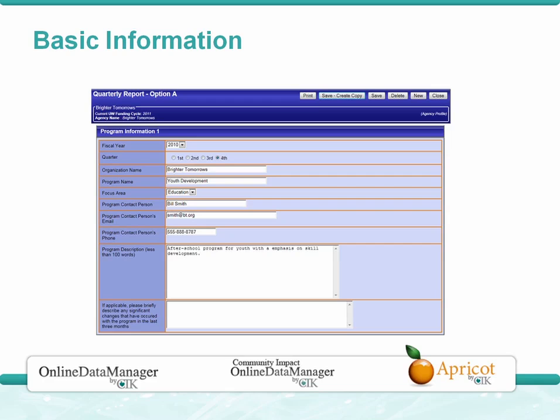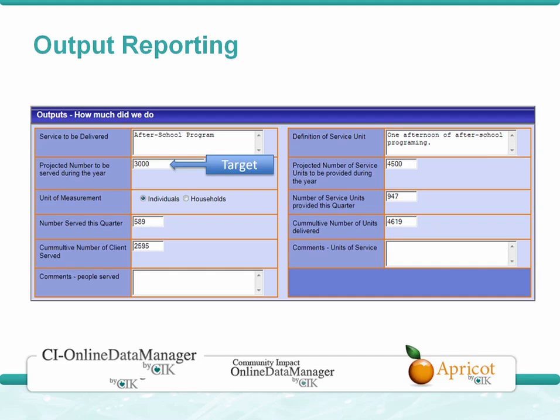In this form, the agency would report every quarter. This is a sample of a fourth quarter report for an after-school program, from a fictitious agency at this point. The target for this agency was 3,000 kids. Their output goal was to serve 3,000 kids during the year. This quarter they served 589, for a total for the year of